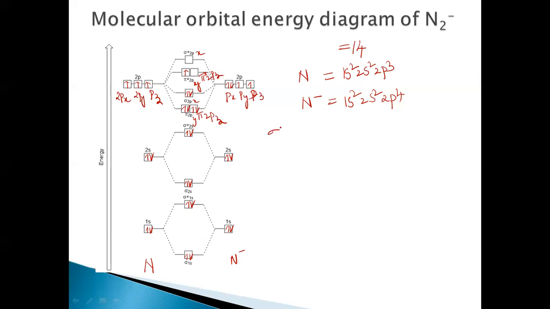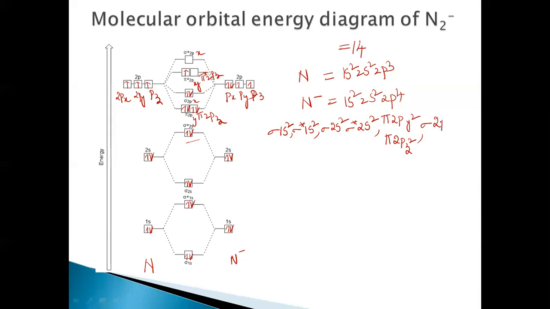So when we write the electronic configuration: sigma 1s2, sigma star 1s2, sigma 2s2, sigma star 2s2, then comes pi 2py2, pi 2pz2,